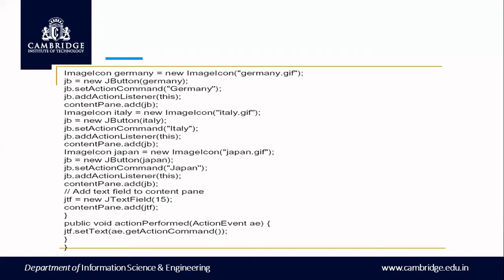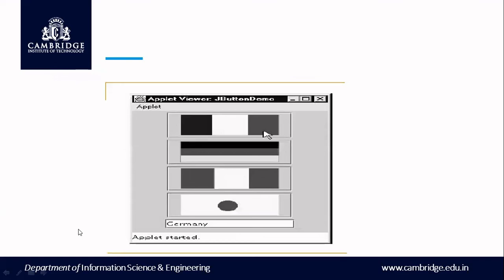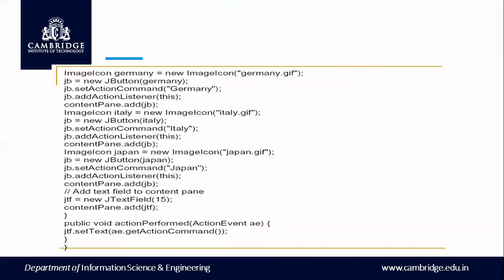If you want to create any component, you just create the component and add it into your content pane, that is, into your container. Now, if you want to perform any action, then you have to specify the action here. You have to specify the action and add the action listener. Only then will it perform that action. So when I click on this particular button, what is the action it is performing? Displaying that message in the text field. That's what we have specified here, right?